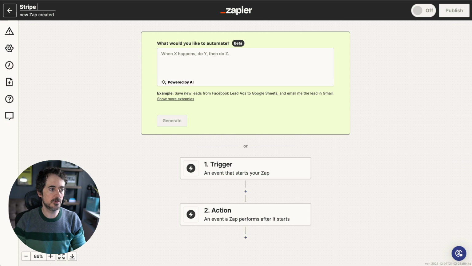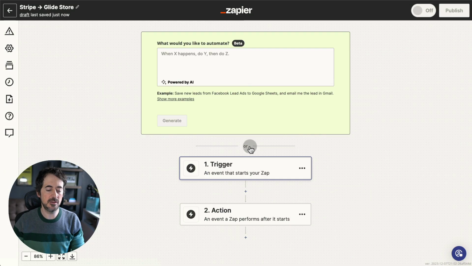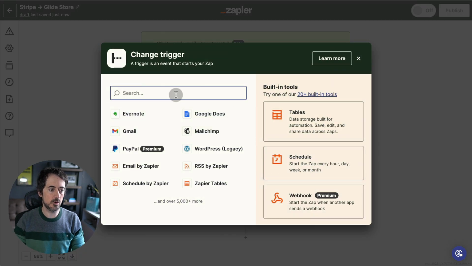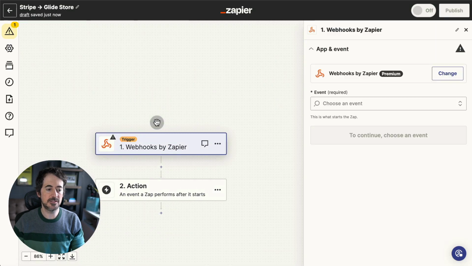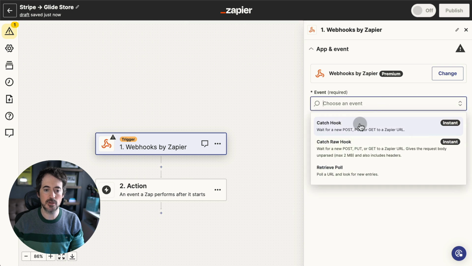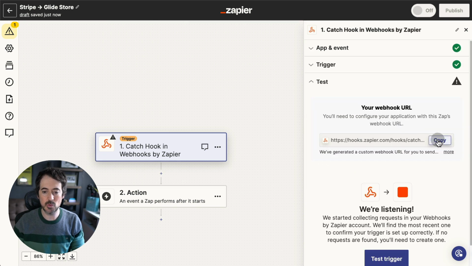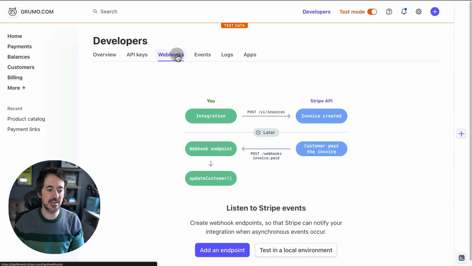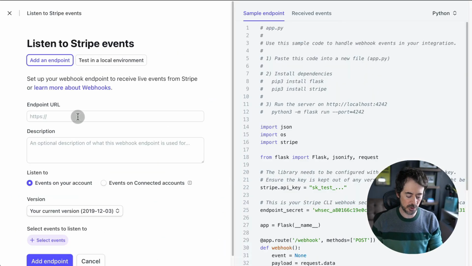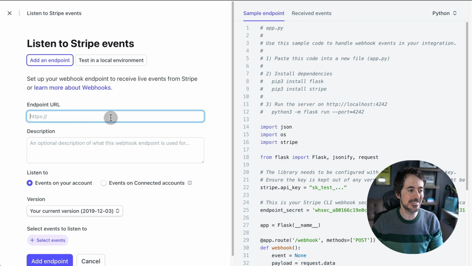And we're going to call this Stripe to Glide Store. And the trigger event is going to be of the type webhooks by Zapier. And now we are going to choose the type of event. It's going to be catch a hook. Now we're going to copy this webhook URL and go back to Stripe, and under developers, we're going to go under webhooks and add an endpoint, and we're going to copy and paste our Zap webhook URL here, and then